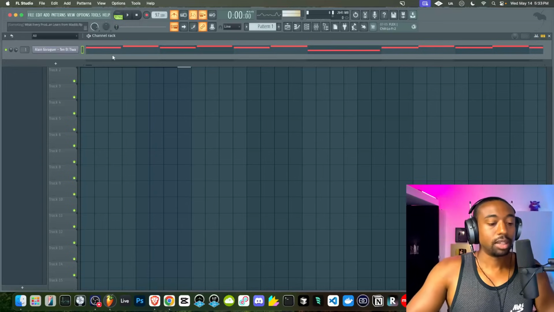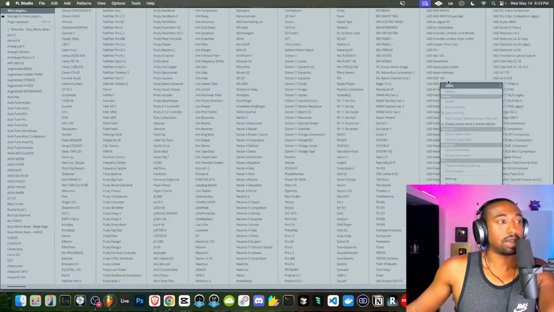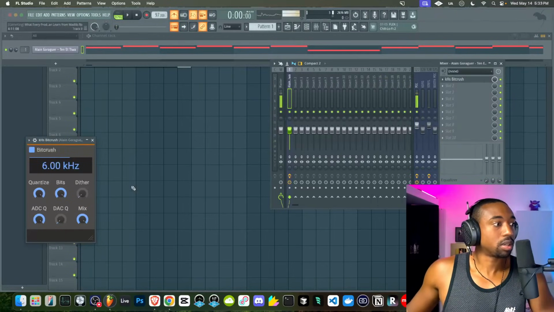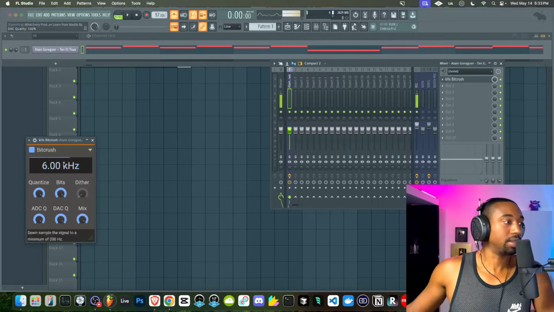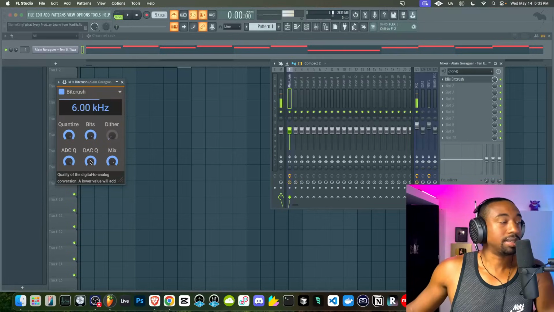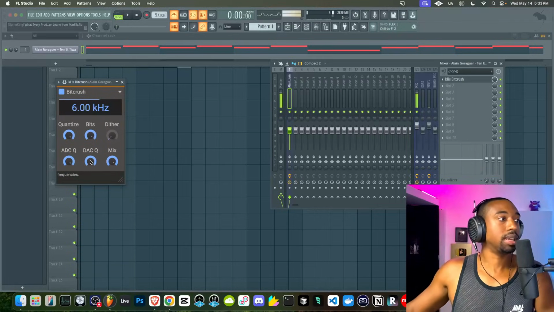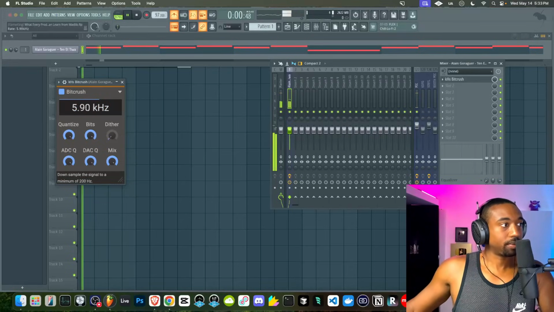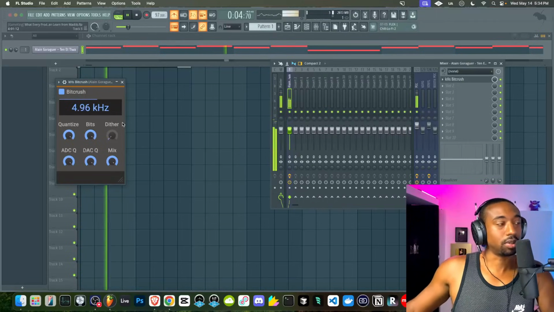Let's do a couple techniques. The first one: let's say your sample does not have a lo-fi feel to it. I'll show you how to create the lo-fi feel. There's a free plugin called Kilohertz Bit Crush. This is the best plugin for this, in my opinion. It's free, in their Essentials pack. Turn the DAC quality up. The DAC is the digital to analog conversion. Now lower the sample rate, and this will chop out the high frequencies. If your sample isn't naturally soft, you could use this technique.